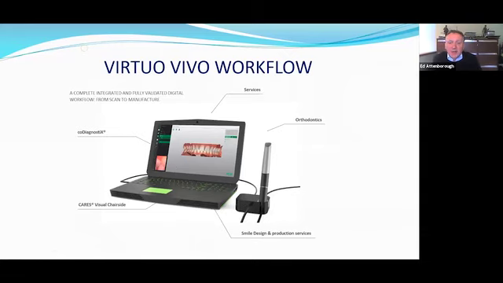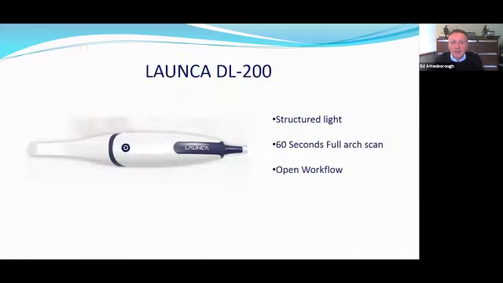You've got the CARES visual chairside software. You've got Smile Design interfaces, orthodontic interfaces, and various other services. So this is a complete integrated system and software, which makes it quite attractive. And then